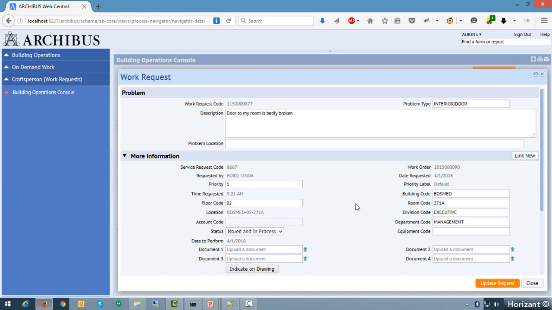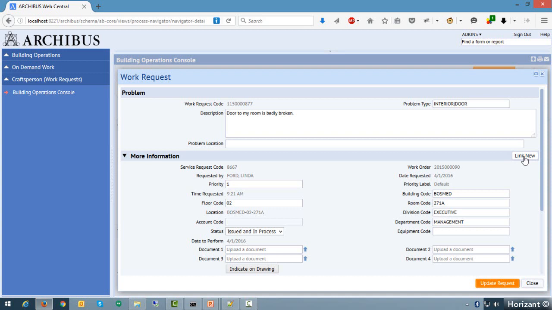So that being said, there's a couple of other aspects that are new inside of here as well in this release. You'll notice that there is also a link new button inside of here. So this allows Glenda to come in. Maybe Glenda goes on site and she figures out that it requires a different problem. So maybe she's working on the door and it requires a plumbing problem across the top. She took the frame out and figures out there's a leaking pipe or something and she has to create another